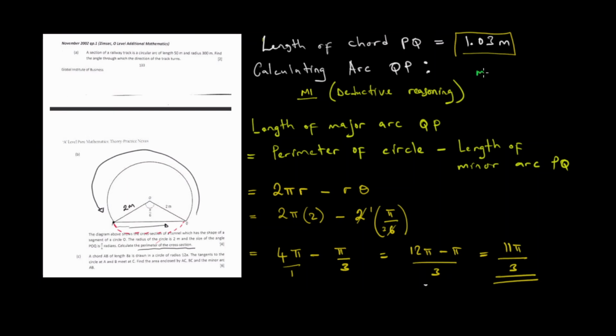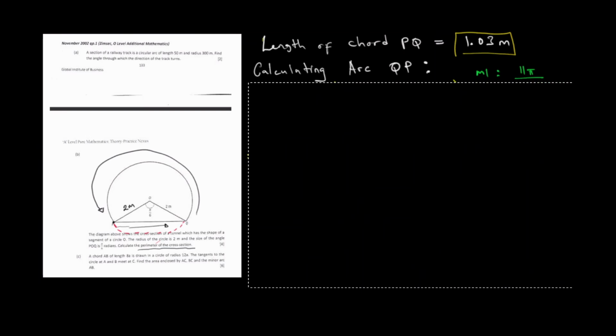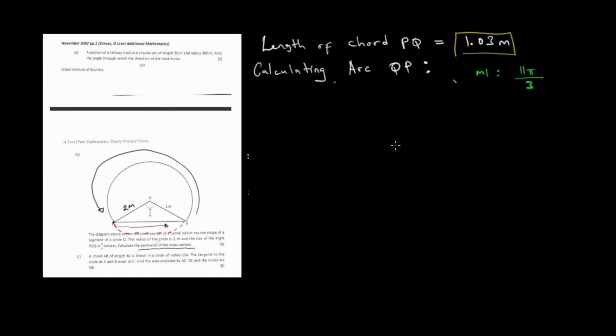So from our method 1, we saw that the length of major arc QP is 11 pi over 3. Let us remove that and see whether method 2 gives the same thing. Okay, so now what we want to do for our second method